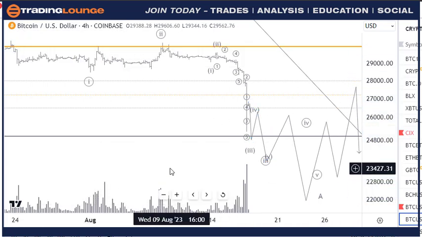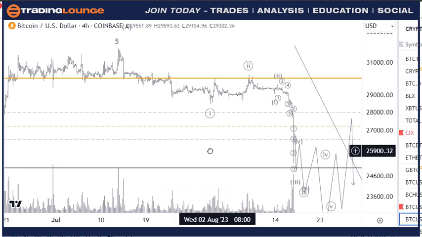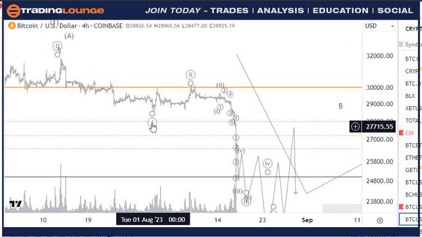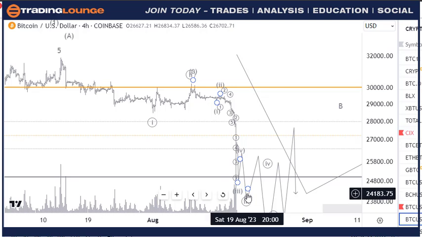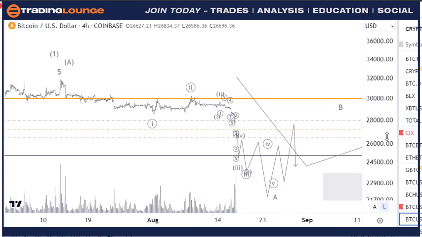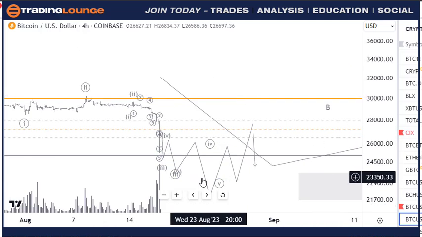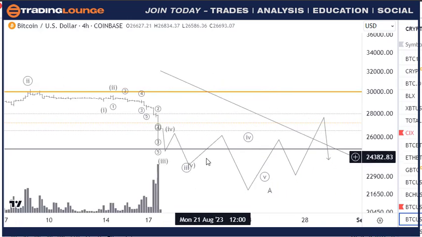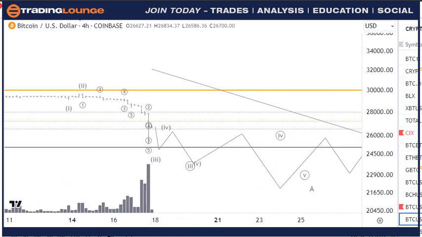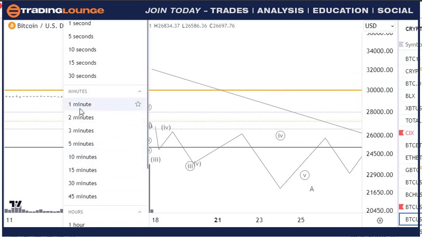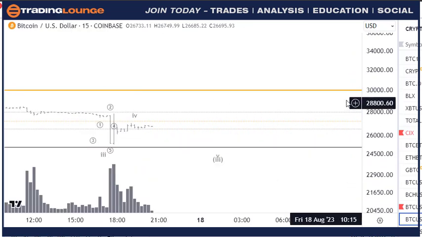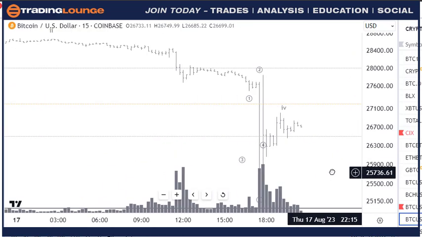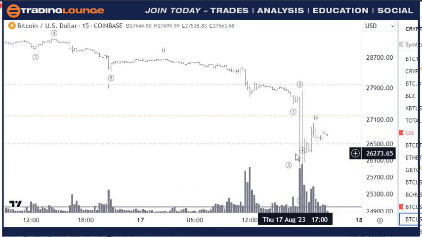Currently, if we were going to look at this as the shortest move to the upside, as an A wave here, a B wave here, and a C wave here, as a C wave it's really quite sharp. It's a bit too sharp for that. It's suited better to a wave 3. So I know these will rally quite high here if we go into the minutes. Let's just go to 15 minutes here. They will rally quite high here because